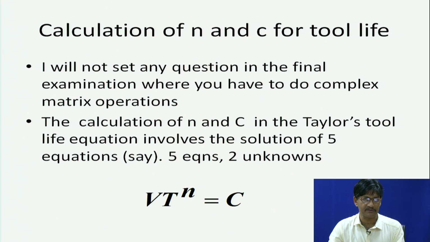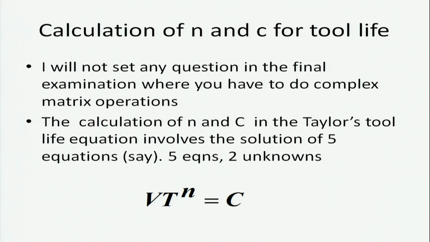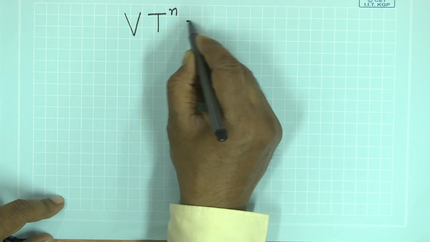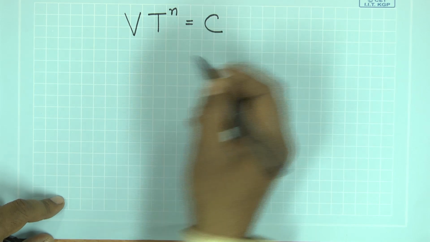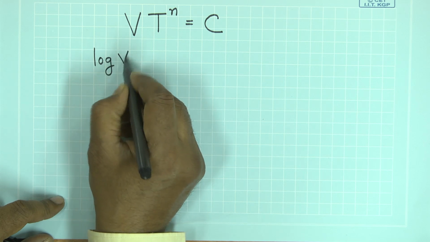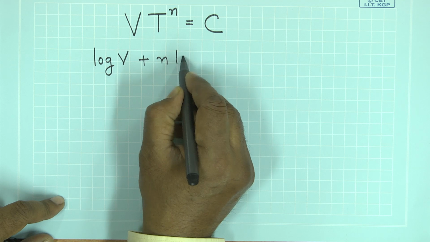So, in that case, what I have suggested, you will find in the lectures, is a method in which you can represent the equations first of all in log form. That means you can take a log on 2 sides. Let me use this paper so that you can have a good idea of what we are talking about. So, we have v into t to the power n equal to constant, and we take log, so that we have log v, this is say natural log, plus n log t